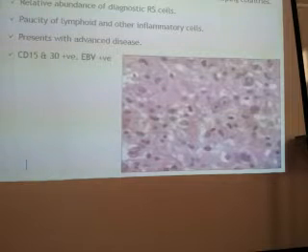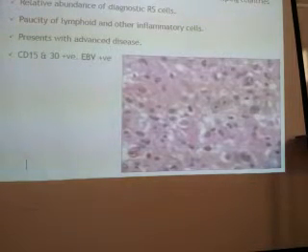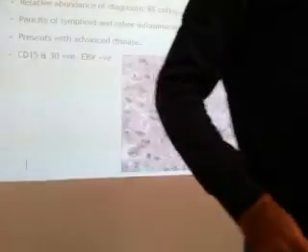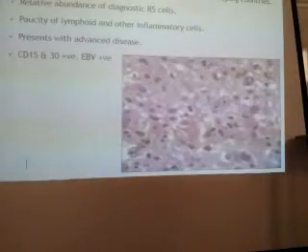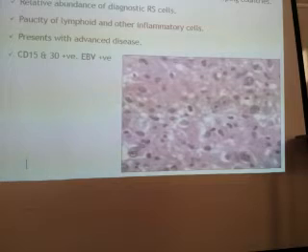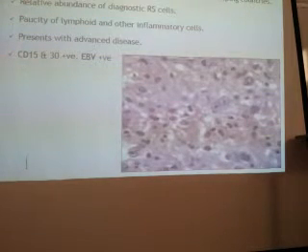Lymphocyte depleted, containing fewer lymphocytes, or depleted lymphocytes, and depleted will be more found in HIV. Why? In HIV, immune compromise. Immune compromise, but the reason. Others, immunodeficiency can also give rise to other types of lymphomas. But why HIV, this one? Lymphocyte depleted, giving you the hint also. What does HIV do in the body?